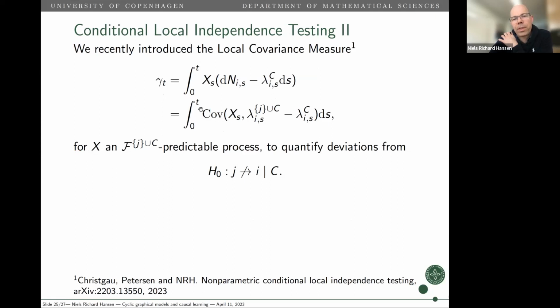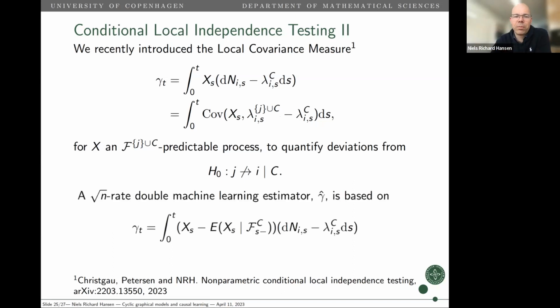This functional parameter here depends on t, and it captures all of these local covariances in an aggregated way. And we use this measure to quantify deviations from the hypothesis we're interested in testing. So this function will be constantly equal to 0 under the hypothesis. And if not all of these covariances are 0, then it will deviate,